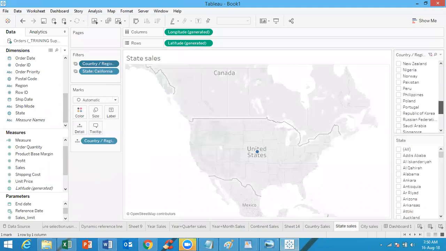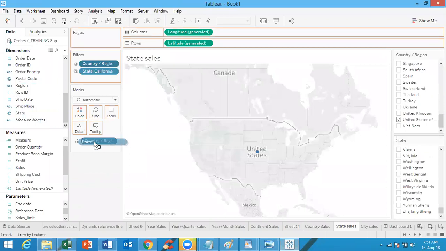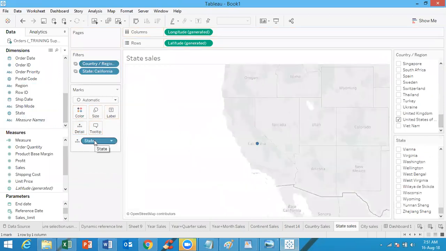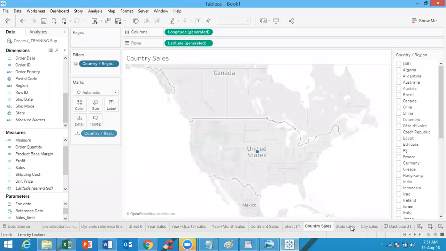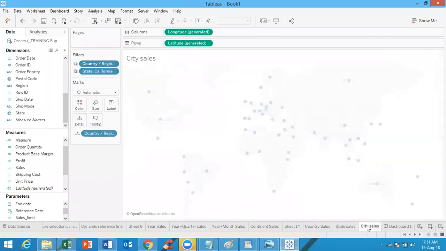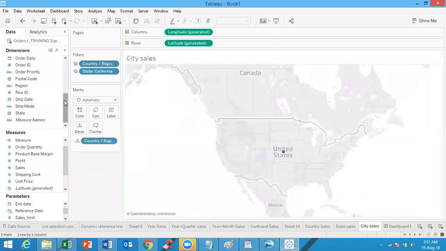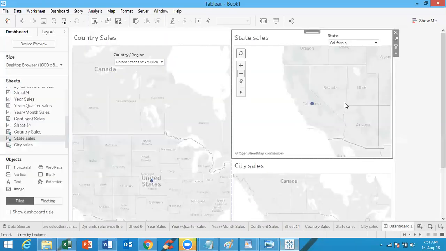Right, the country is US and the state is right. The view here should be state, because it's a state view, right? And here the view should be... so we'll see the dashboard first. So we are getting the California state,